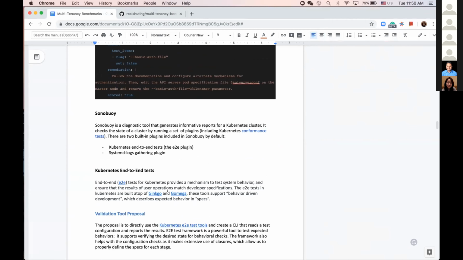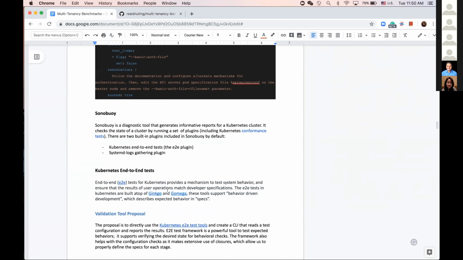The tool we're using for these multi-tenancy benchmarks is the E2E test framework, which is the Kubernetes end-to-end framework. As you can see, the simple tests we defined for this benchmark validate the end result of kubectl.